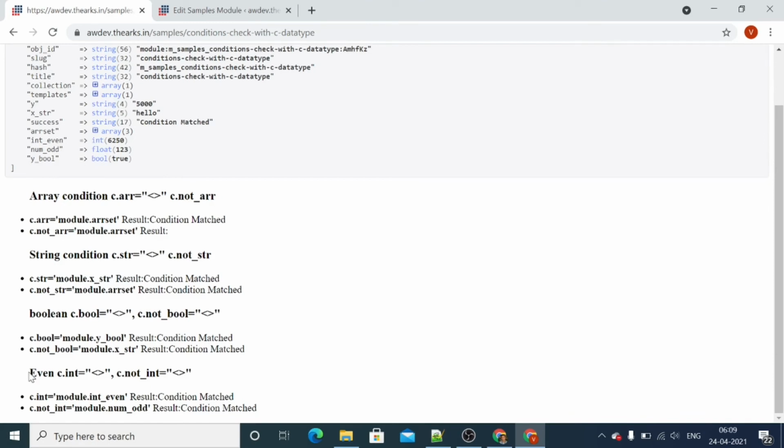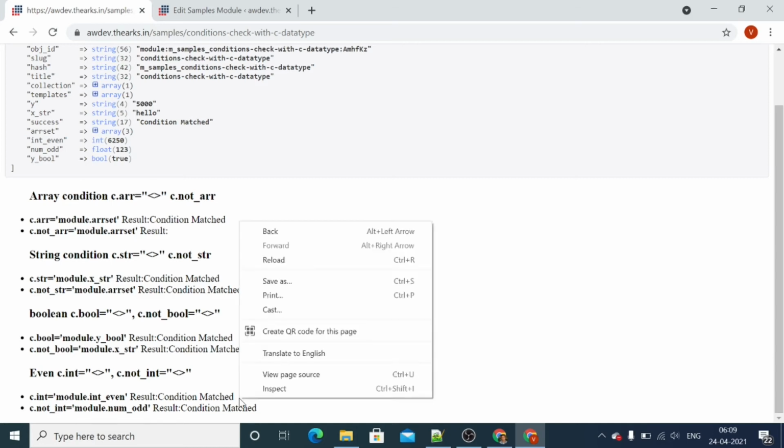Integer c.int, with the variable integer even. This is the integer data type. So this statement returns true because this variable is of type int, so we got this result, condition matched.